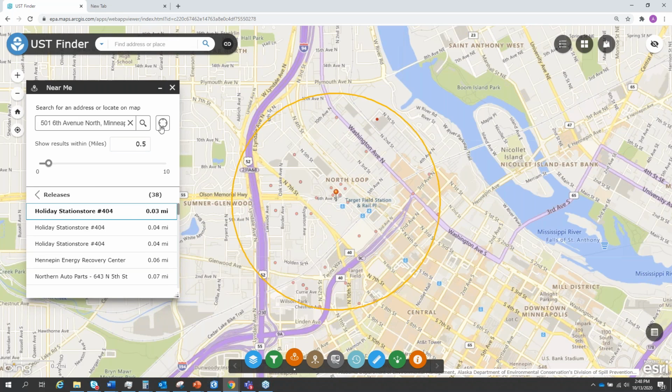And it's also GPS enabled, so you can use your GPS and get that information. If you're an emergency responder, depending on the scenario, and you're going into an area or a building and you want to know if there's a tank nearby, you can just click this little button and it'll tell you all the tanks nearby. And I should note that this application works really well on tablets and phones as well.